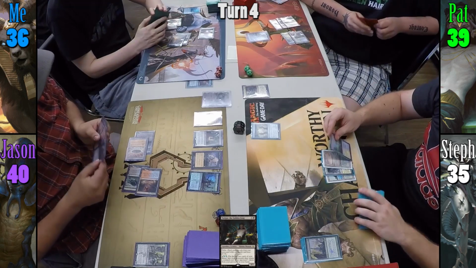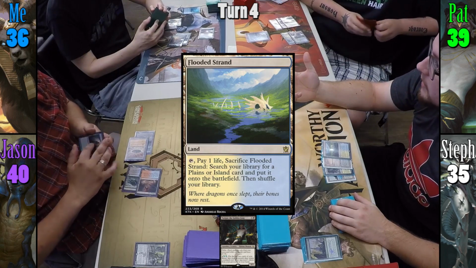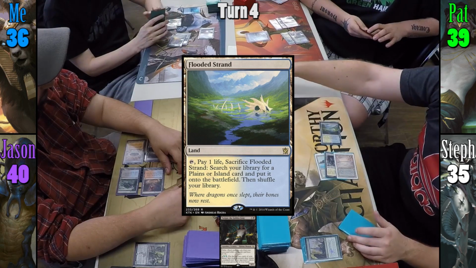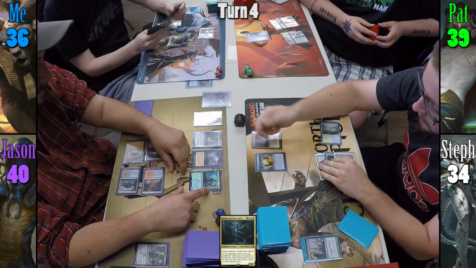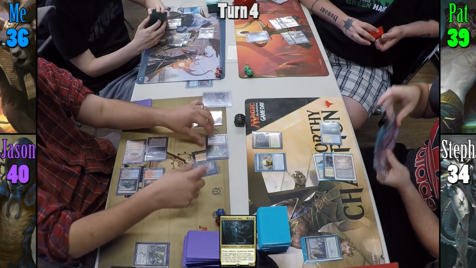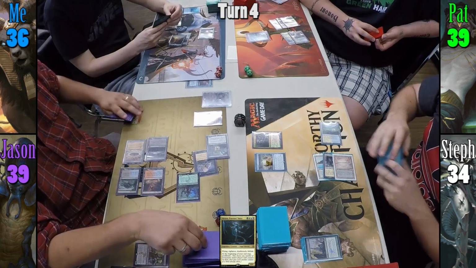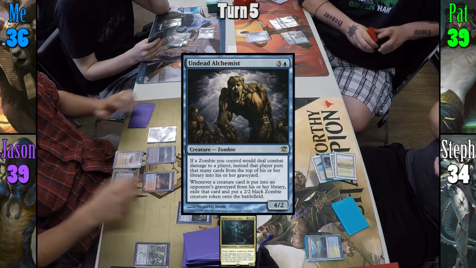On Steph's upkeep, he puts a counter on As Foretold and moves to his draw step. He manages to draw and play Flooded Strand. Steph then casts Atraxa, taking 1 for sacrificing Flooded Strand, and at the end of his turn, proliferates the As Foretold. Jason responds by activating Crypt Breaker's ability at the end of turn, tapping 3 zombies to lose a life and draw a card. Jason plays a swamp and casts Undead Alchemist for 1 blue, but I've had enough of